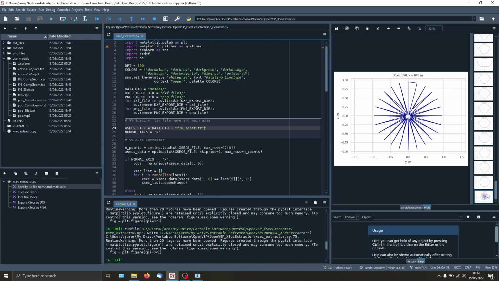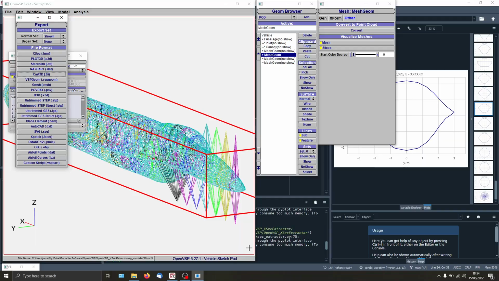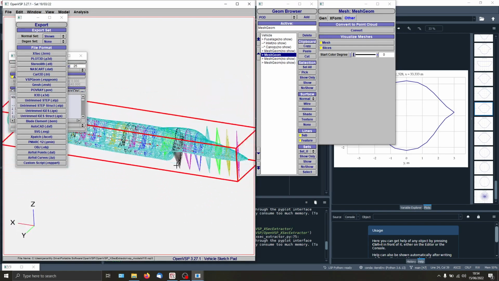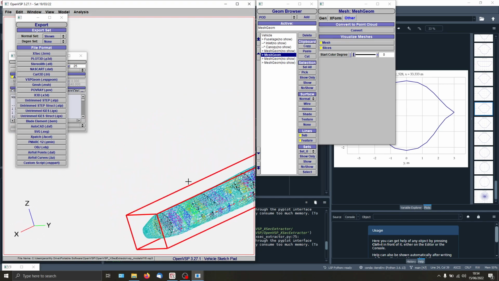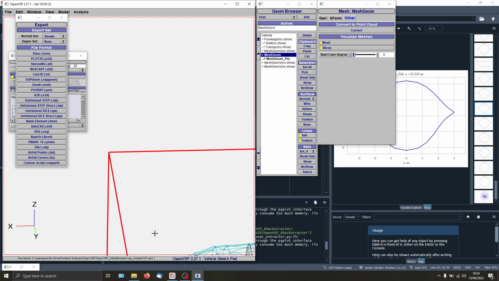Why? Oh, yeah, you can see it doesn't like that. So yeah, try to avoid this sort of geometry at least. I would recommend so, because that's the only